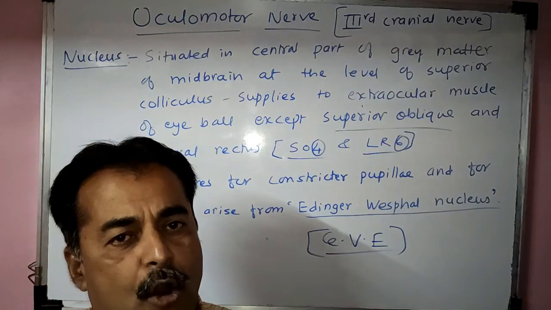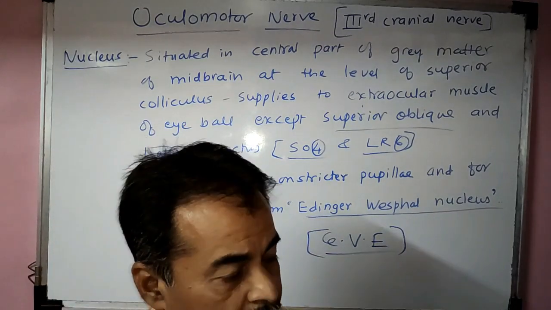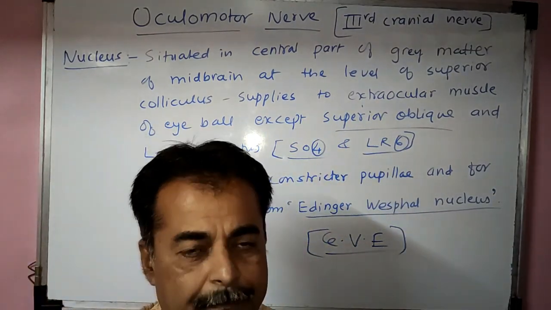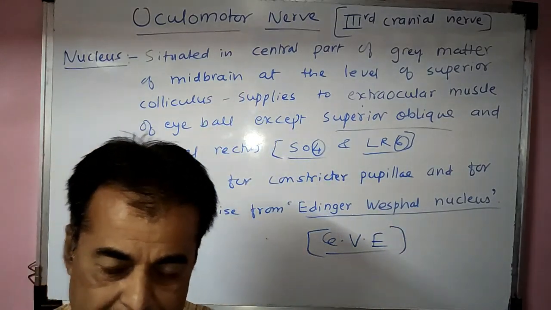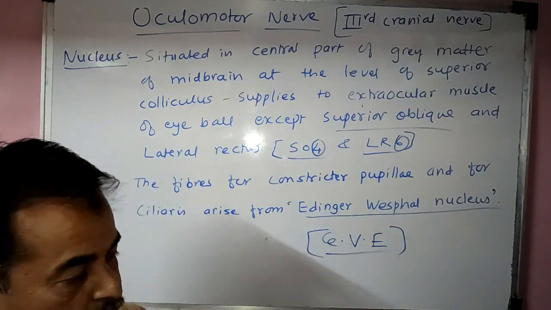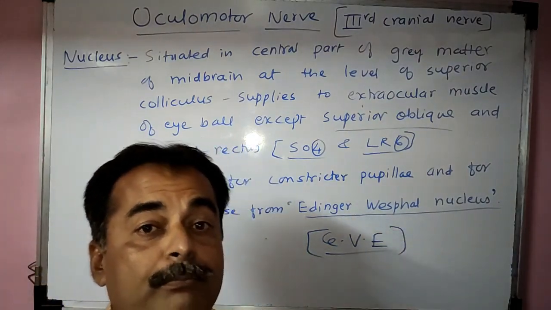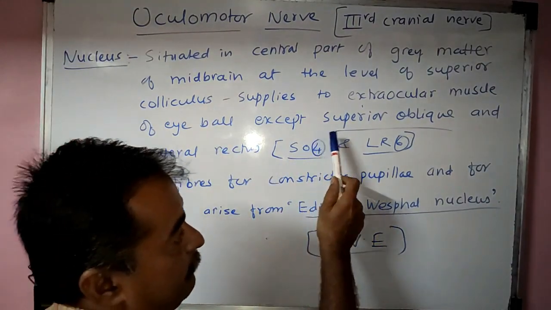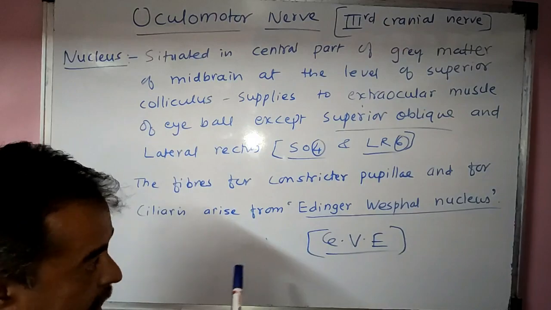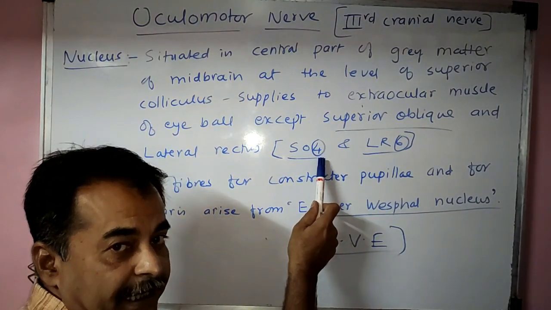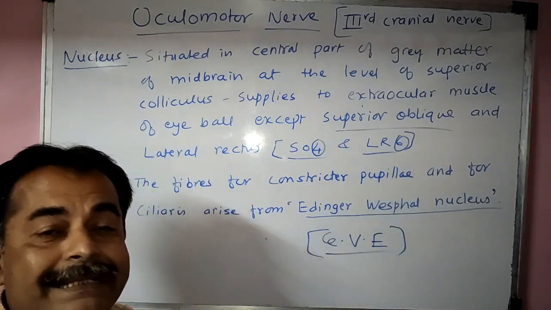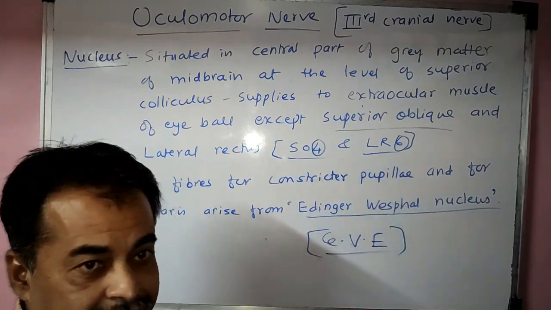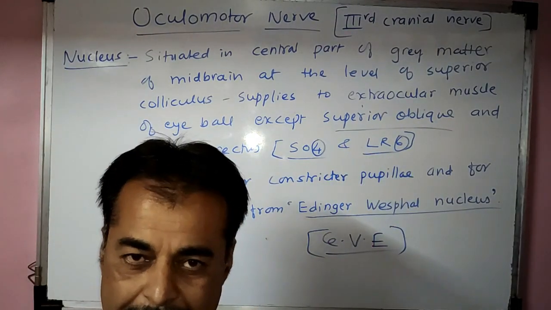The total extraocular muscles of the eyeball are 7 in number. These two, the superior oblique and the lateral rectus, are not supplied by the third cranial nerve, the oculomotor nerve. The rest of the 5 are supplied by the oculomotor nerve. That's why I told you most of the extraocular muscles are supplied by the third cranial nerve, except the superior oblique and the lateral rectus. The superior oblique is supplied by the 4th cranial nerve and the lateral rectus by the 6th cranial nerve. That's why the formula is SO4 LR6, and the rest of the extraocular muscles are supplied by the 3rd